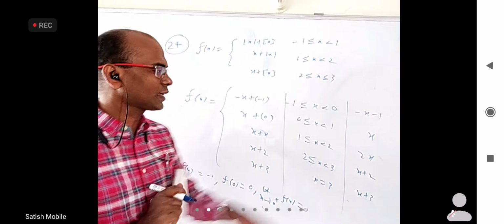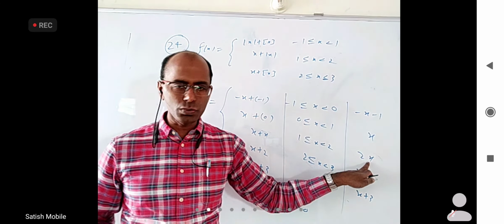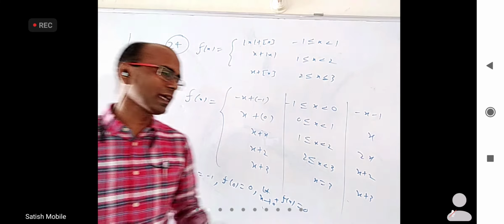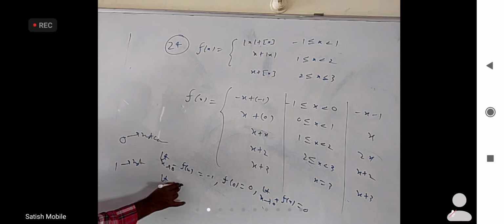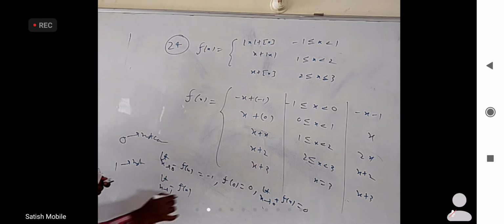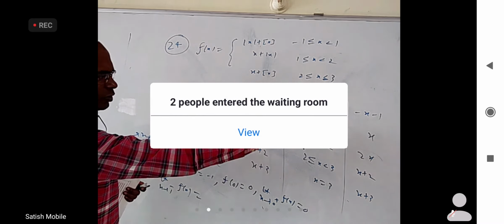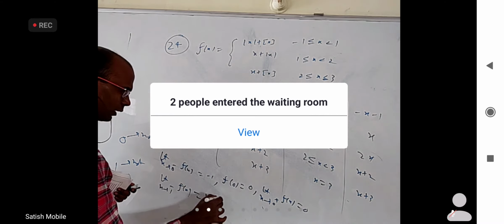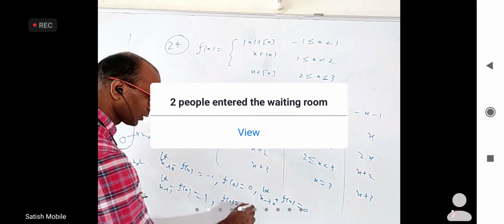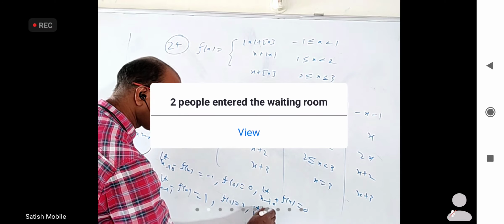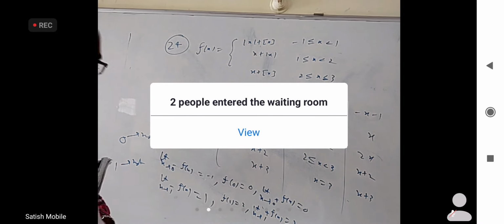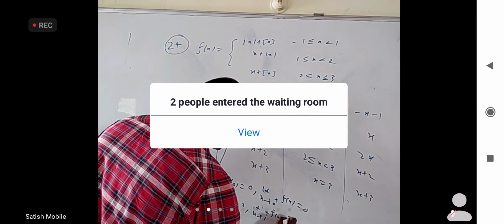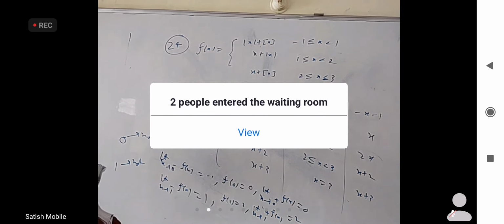What about at 1? At 1 you can see the left limit is 1 and the right limit is 2. At 1 the value is also 2. So again it is not continuous there. At 1 also it is not continuous. Limit x tends to 1 minus f of x, what is it just before 1? It is 1. And f of 1 is 2 and limit x tends to 1 plus f of x is also 2. Here also it is right continuous but not left continuous.